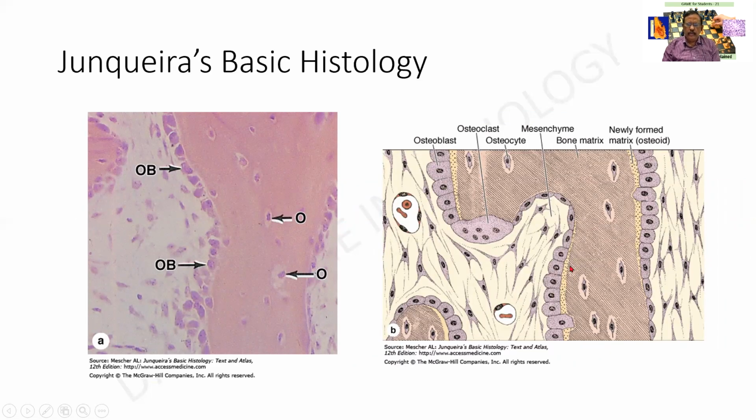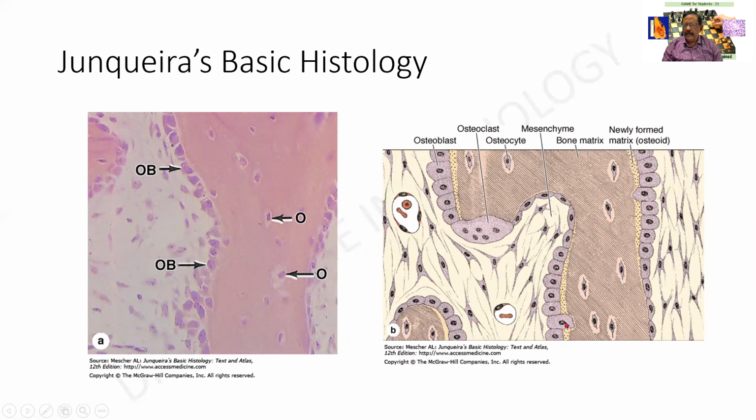This is also a microscopic slide for you. I have posted the normal histology first, and this is the source of the normal histology. Normally in a bone, this is a bony trabeculae that I have focused. There will be the immature bone in the periphery, which is called the osteoblast. The osteoblast will be laying down the bony matrix, and so what happens is in the process it gets matured. So you will be having an osteoid matrix, and in the center there will be the mature cell called the osteocytes. Osteoblast, osteocyte, osteoid matrix.